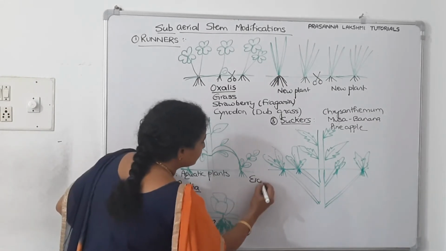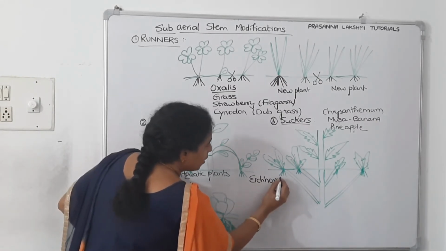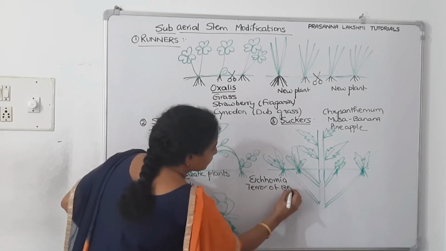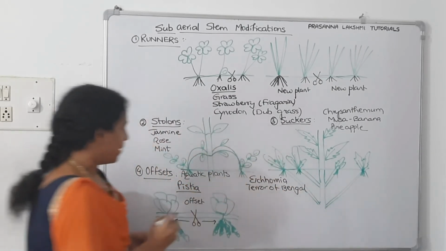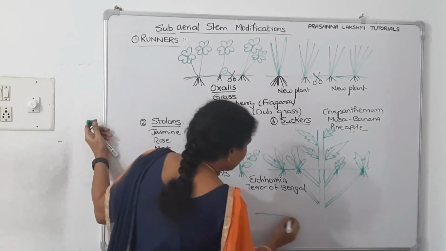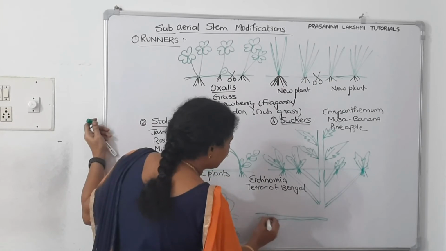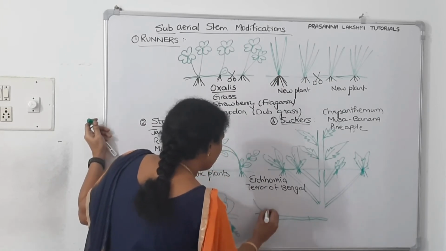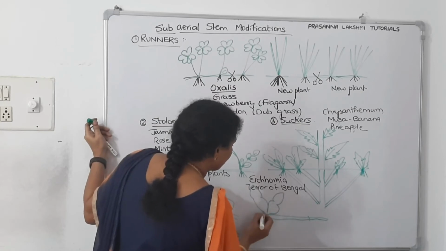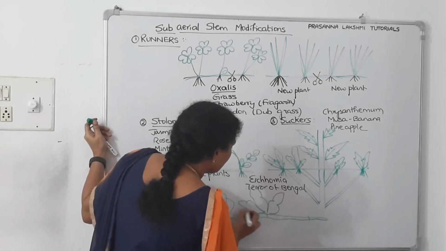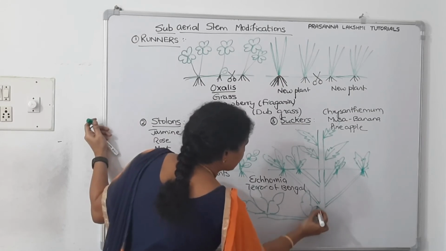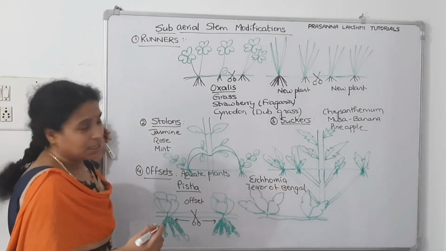Let's draw. Eichhornia is called terror of Bengal, right? So Eichhornia plant, how does it appear? That's also an aquatic plant, that's also a floating plant. It has beautiful boat-shaped leaves and mauve-colored flowers. It's not an Indian variety. Queen Victoria brought it into India, getting attracted by its leaves and its flowers, inflorescence.